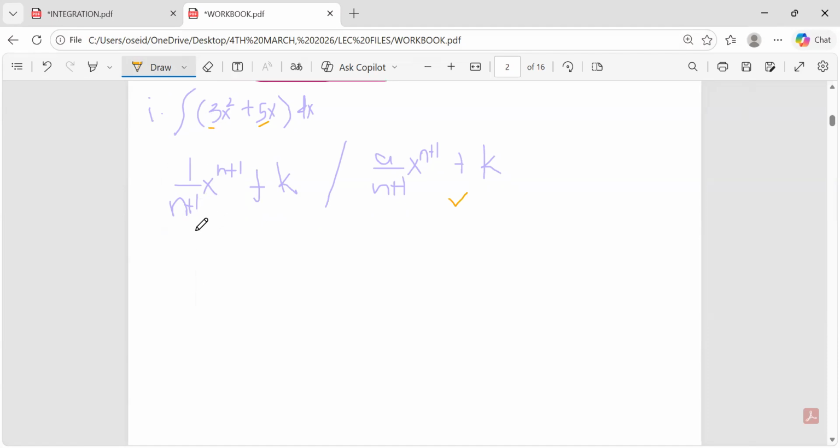So we are going to get 3 over 3 x cubed, because if you add 1 to 2, you get 3, plus 5. We have an exponent of 1, plus another one making 2. We have 5 over 2